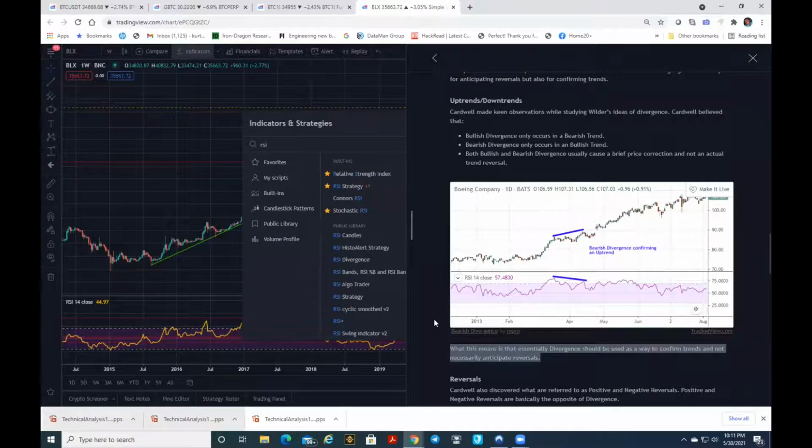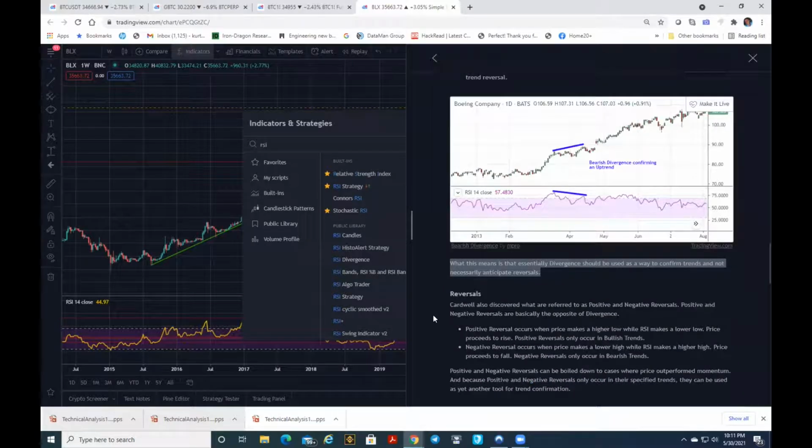However, they definitely will show a reversal happening as well. So you can, and I would disagree with this somewhat. It definitely will confirm a trend, and it definitely shows a reversal,